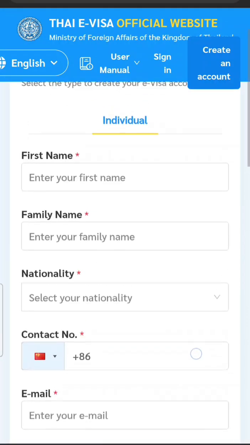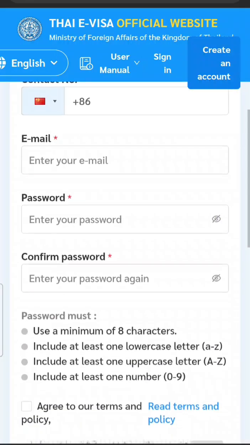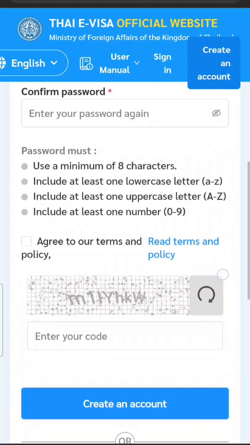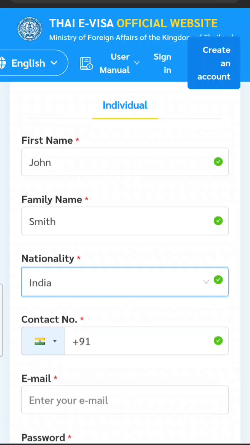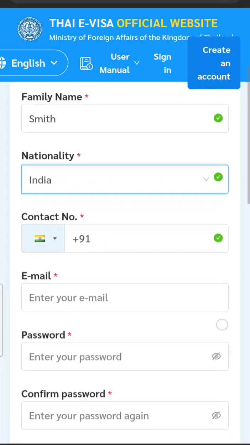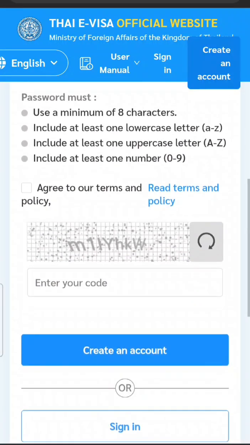So you have to put your first name, last name, nationality, phone number, email, password, confirm password, and then you have to tap on create account. So I'm gonna do this and then I'm gonna see you guys. As you can see, I just put name, surname, nationality. Now I need to provide contact number, email, password, and then I have to do this captcha and click on